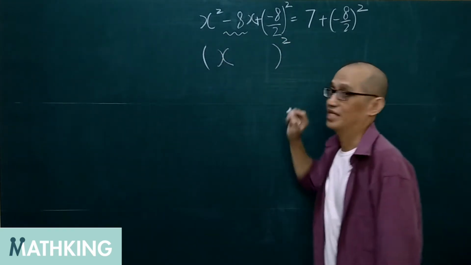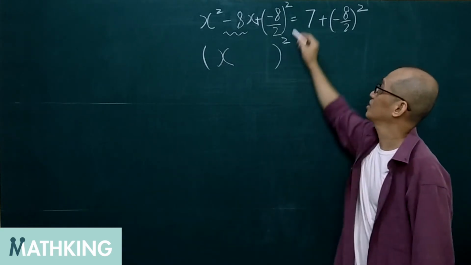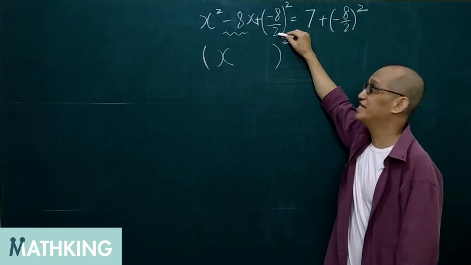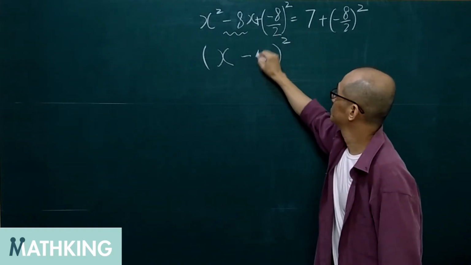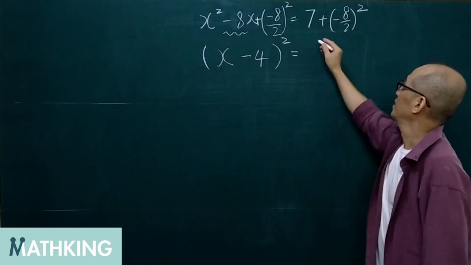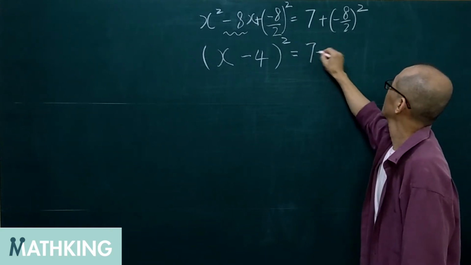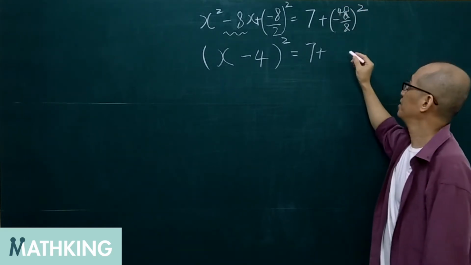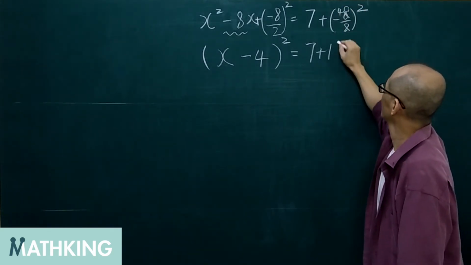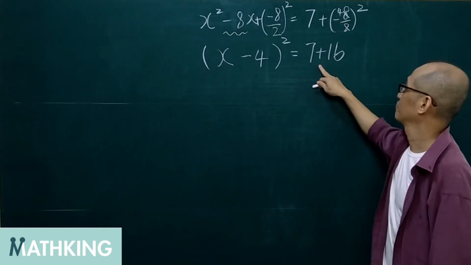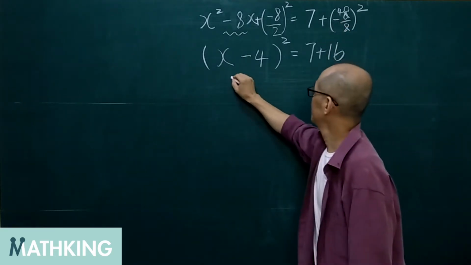x, and then look at the number here. -8 divided by 2, we get -4. And here we get 4 times 4 is 16. Negative times negative is positive. So we get